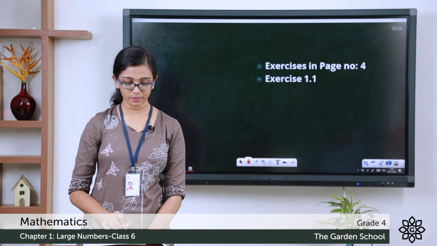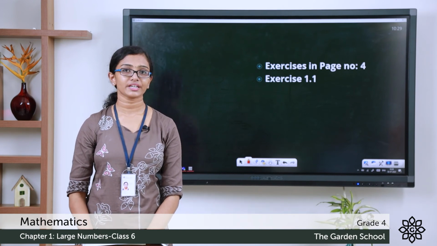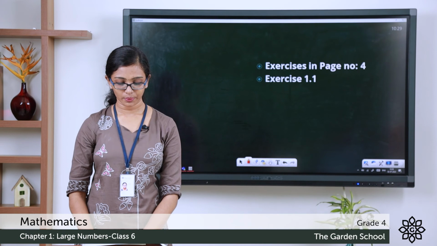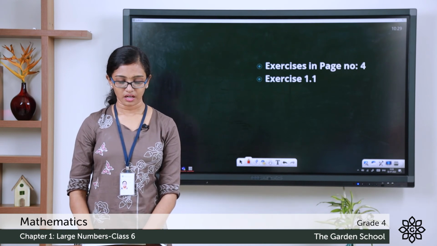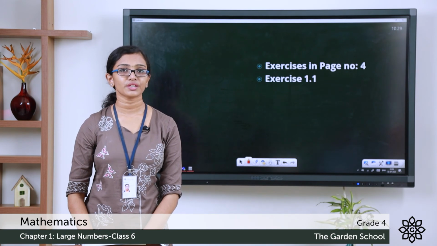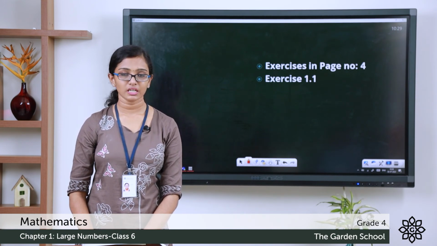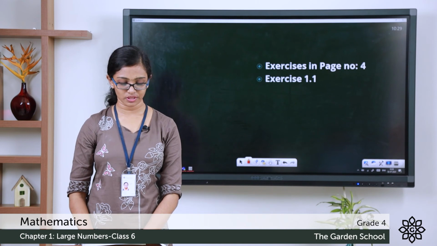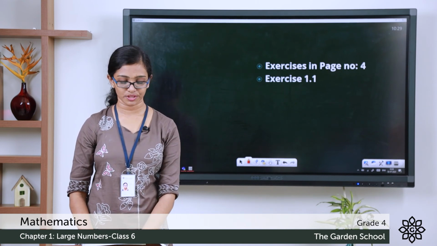Here 5 is in ones place, 9 tens and 8 is in hundreds place, 7 is in thousands place. Let's separate the ones and the thousands period. So the comma should be between 7 and 8. So in words it will be 7,895. In question B, how do you read that number? It is 34,952. So the comma will be between the digits 4 and 9 to separate the ones period and thousands period.